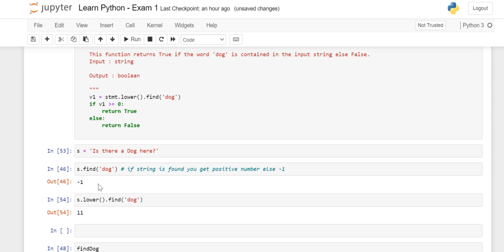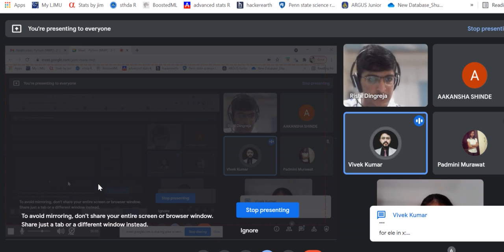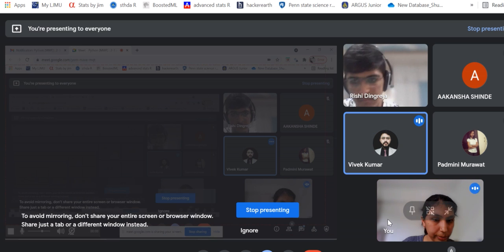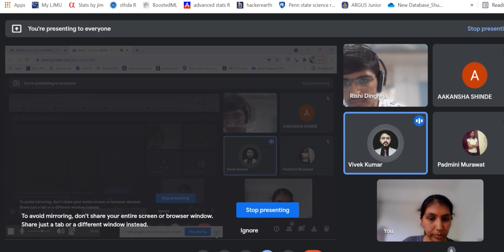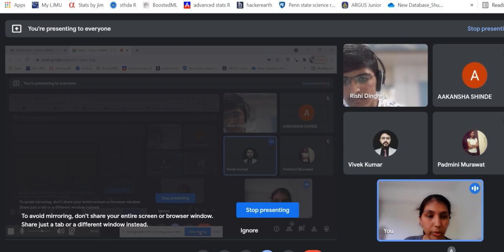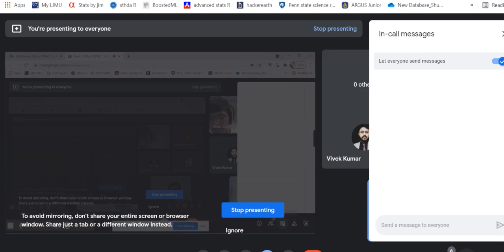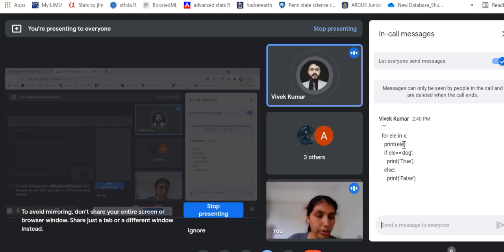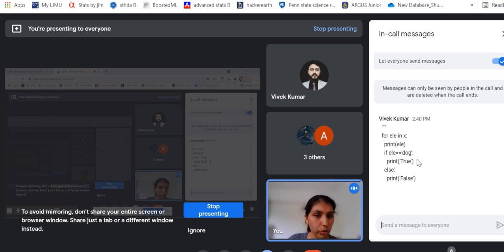I have a question here. I have been trying this thing for the same logic, but it doesn't seem to work. So if you have time, you can take it some other time. Okay, first of all, I need to see it now. You pinged me, correct? For element in X, you are going to print it if it is equal to dog.